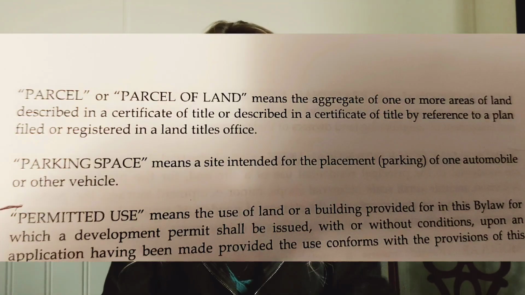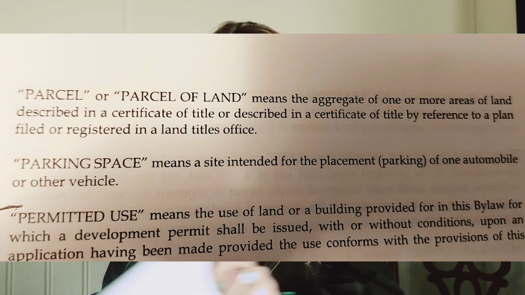It gives you definitions of the land use and all sorts of different terminology. So what they describe as an apartment, a basement, a bed and breakfast, beekeeping is on here, all sorts of different things, permits, just so you understand the language they're using, when they're using it, how they're using it, and what it means to them, because what it means to them may be a completely different thing than what it actually means to the average citizen. So that's important to know. Do your homework on that before you start digging into this bylaw.